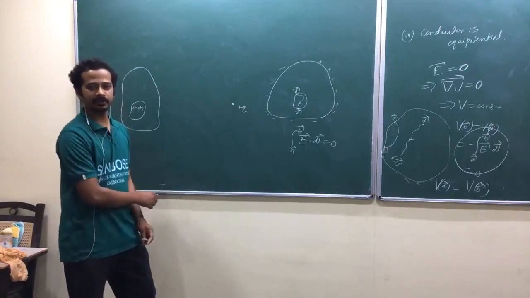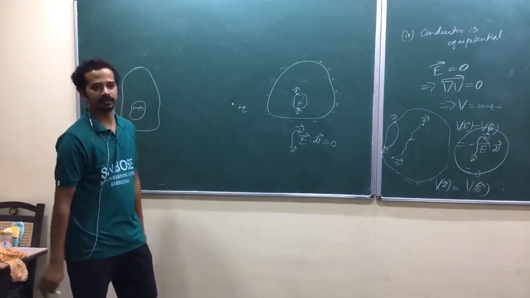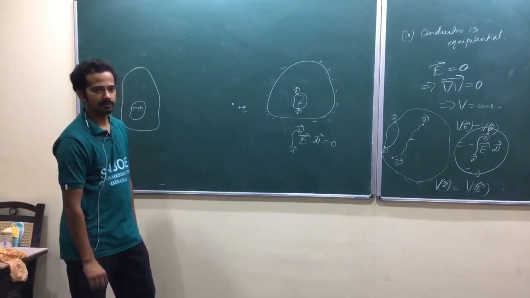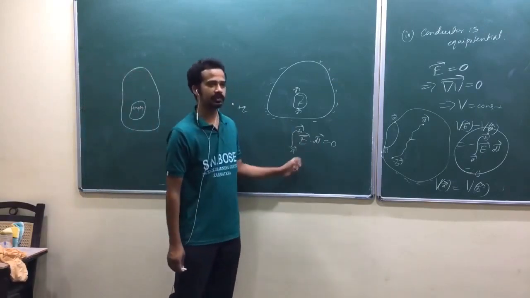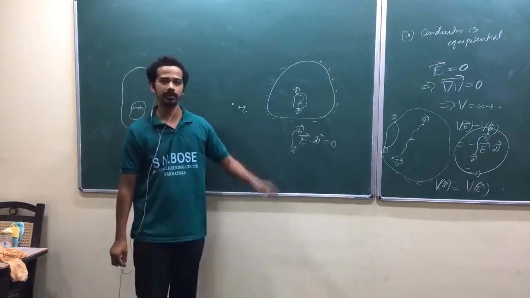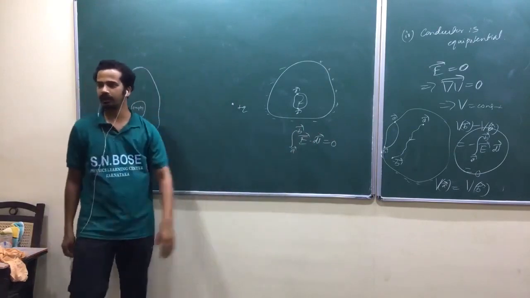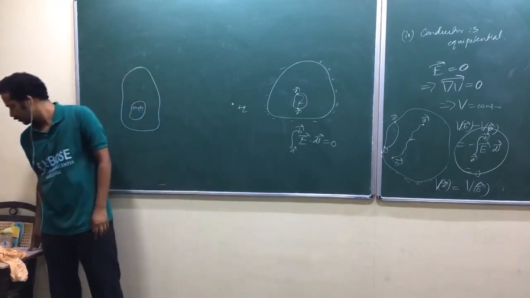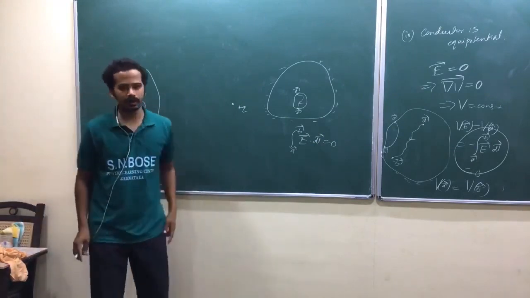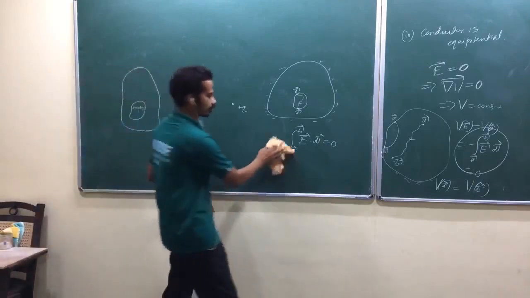If electric field exists, it should exist in one direction, isn't it? So then you can argue this way, that electric field is 0, that's why this line integral is 0, an arbitrary line integral. You can run it in any direction, so that is 0. Or you can argue in this way also.